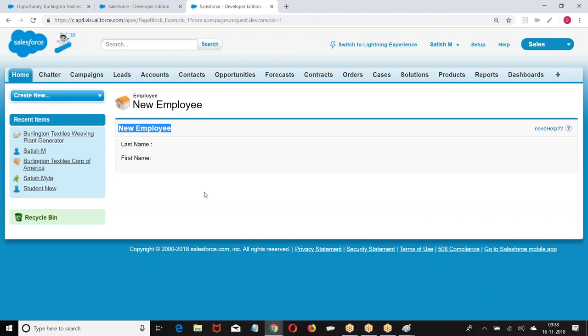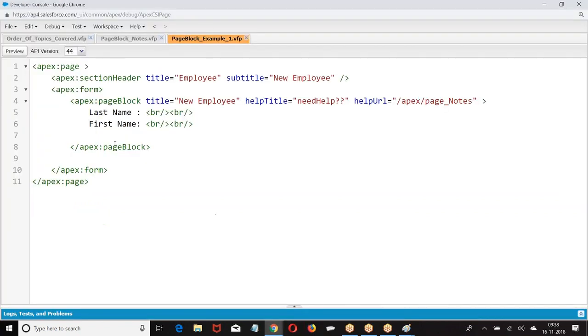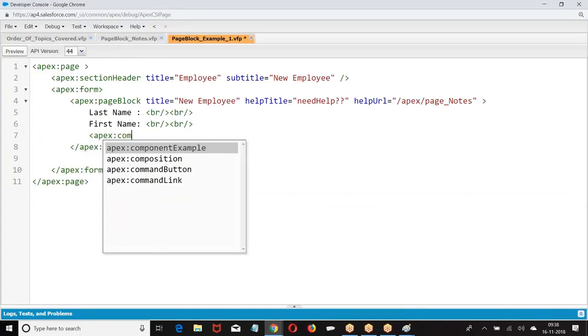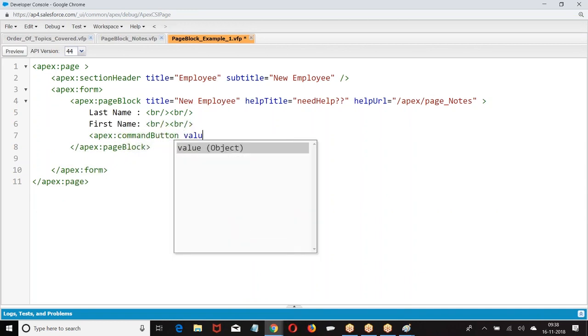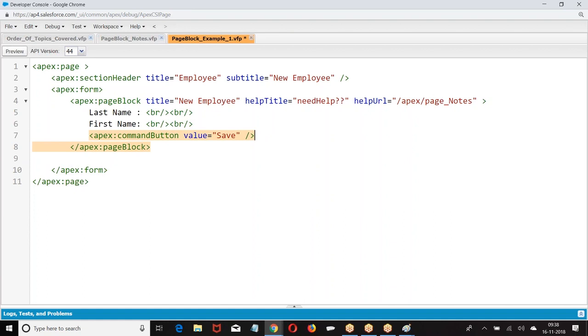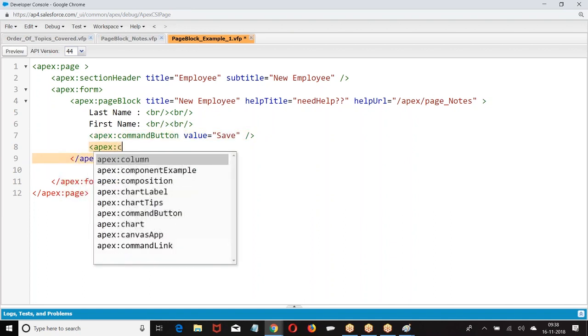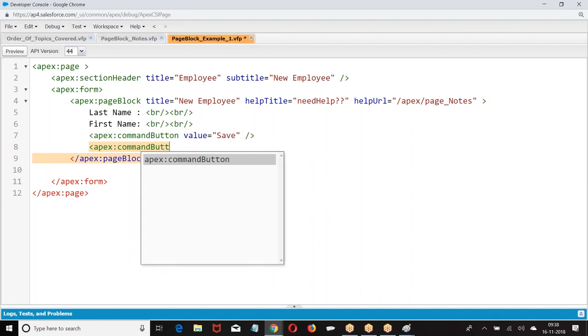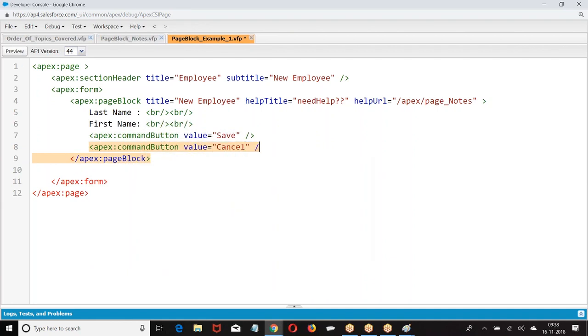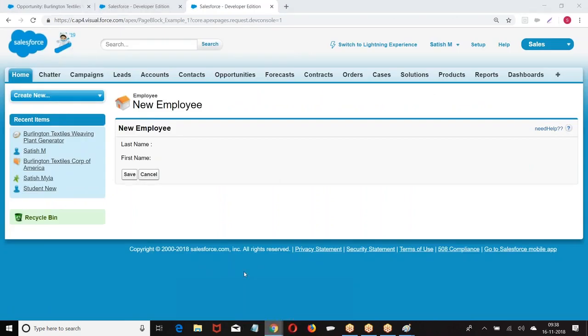Then we got last name, first name. Then we are going with Apex command button, value equal to C. Now I am not giving any action. I just want to create a button. I don't want to define any action at this level. Just I want to display buttons. This is how we created.